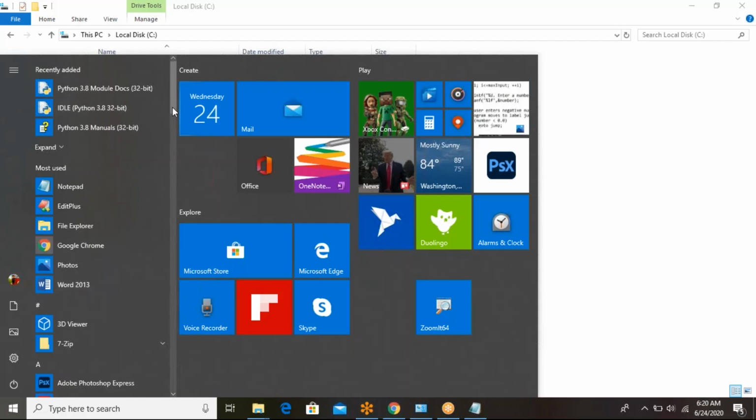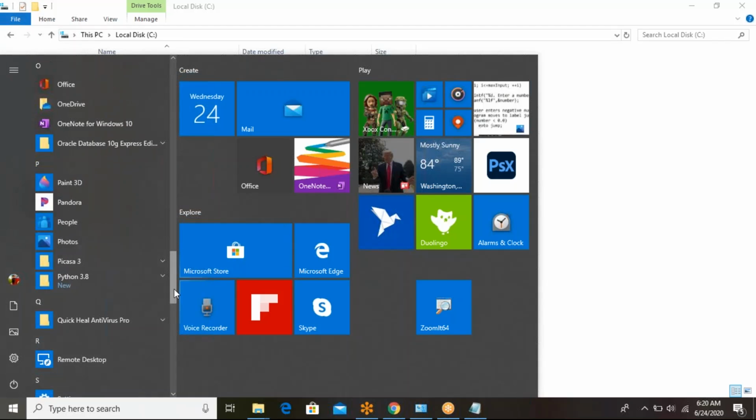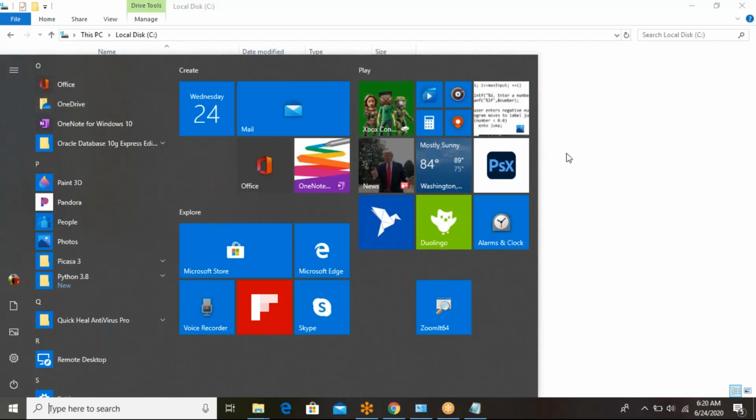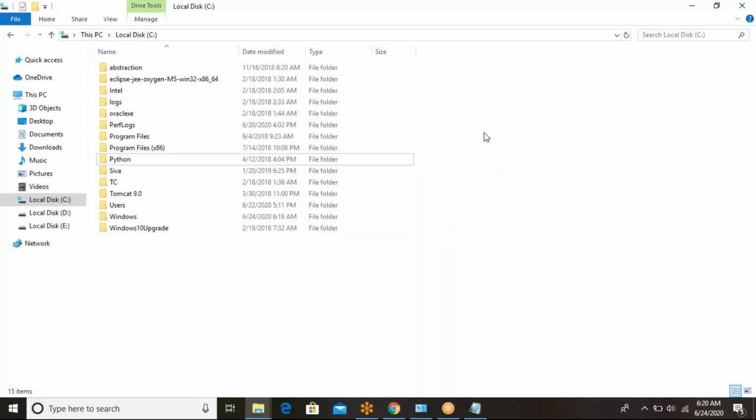In alphabetical order, all the software will be displayed. When you go there, it is displayed like this: Python 3.8. When you click this one, IDLE, Python 3.8, manuals, module documents, all four things appear here. Got it clear? Understood? This is how you install Python.